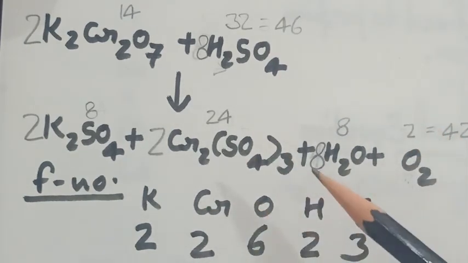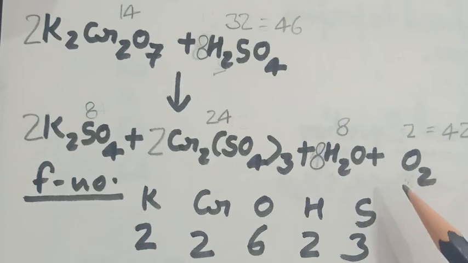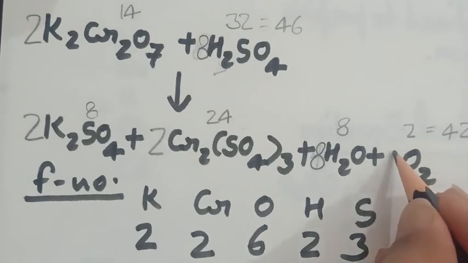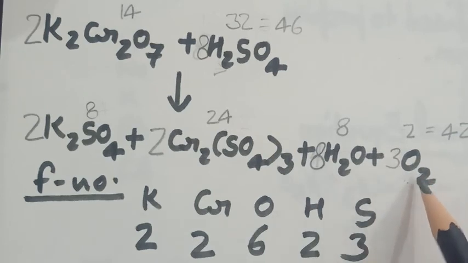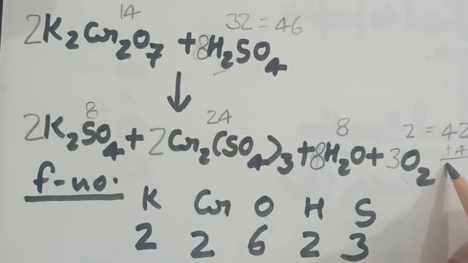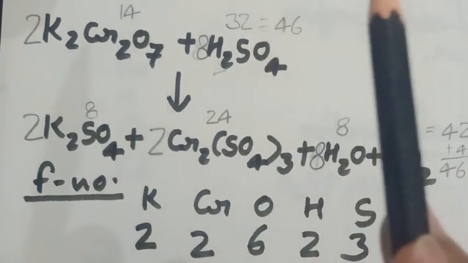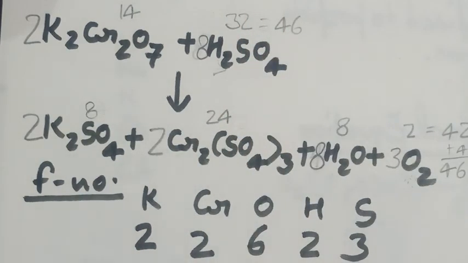So in this rule, we have to multiply the elementary form of this substance to balance this equation. Now I am multiplying it with 3. Before it was 2 and now it is 6. So the total number of atoms added here is 4. Now if we include plus 4 here, it will become 46. So now the number of oxygen, hydrogen, sulfur, chromium and potassium are totally balanced in the chemical equation. I hope everything is very clear up to here. Okay, take care.